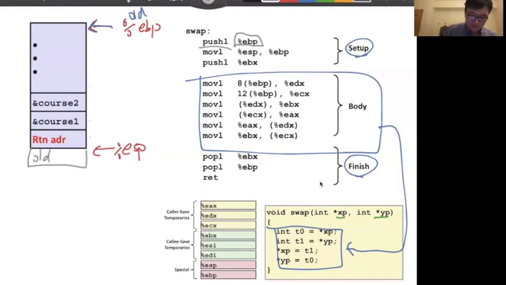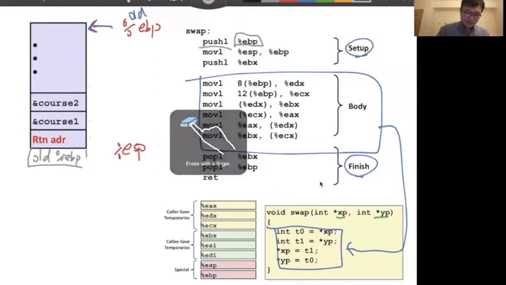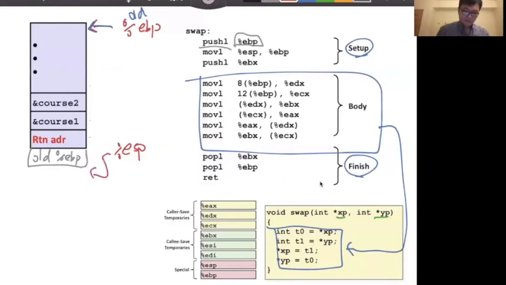We store this old EBP and we move the ESP to the new place, which is here. Okay, so because we do a push, then we move EBP to the ESP place. So what does this actually do? Old EBP points to here. A new EBP should point to here. So right now we update the new EBP to point to the same as ESP, because this is a new